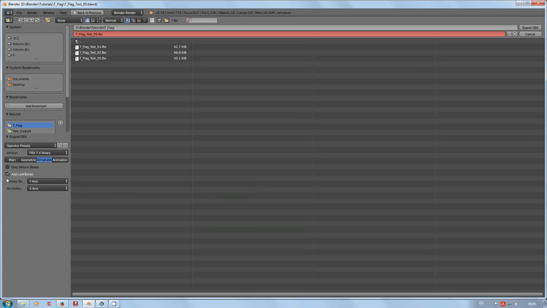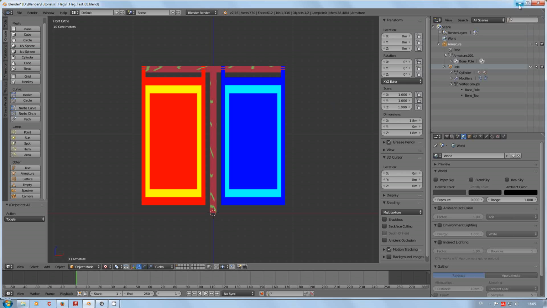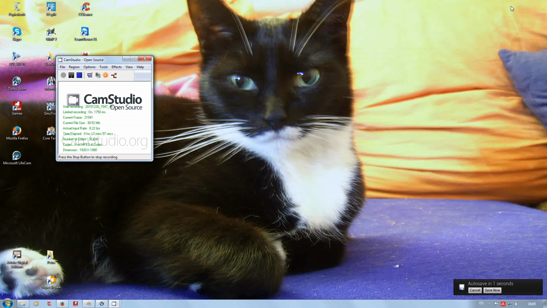So please be aware, before you export it, make sure you go to the armatures and untick add leaf bones. I've tried using only deformed bones, but that seems to delete all my bones. So with that, bear in mind, let's export it, and you guessed it,